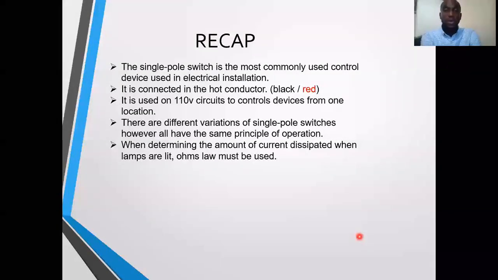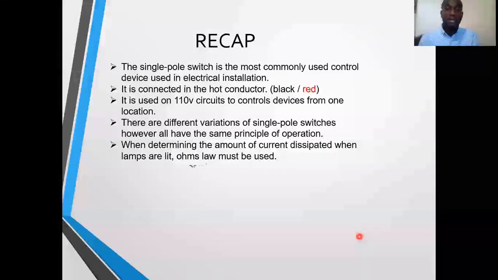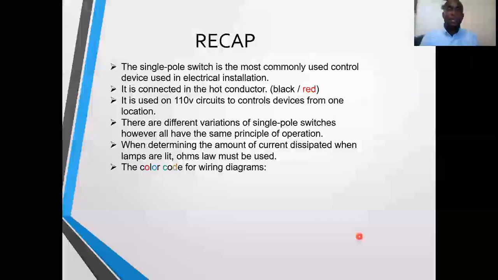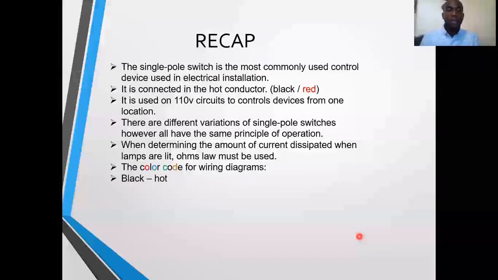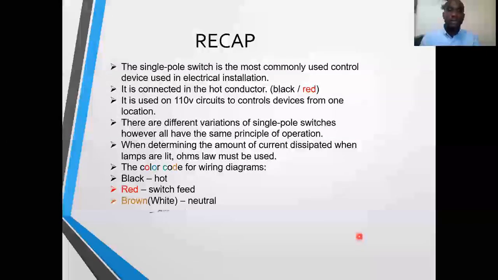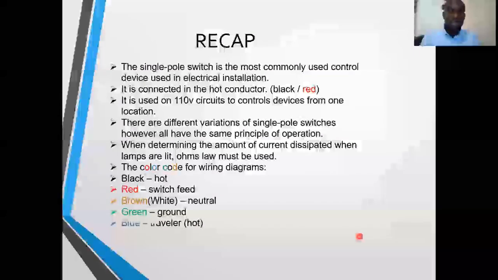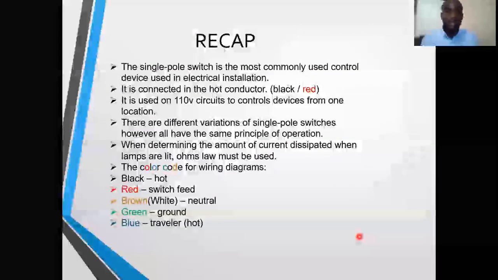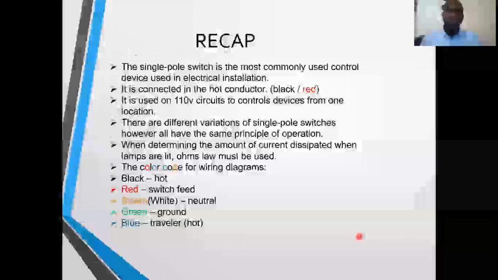When determining the amount of current dissipated when lamps are lit, Ohm's law must be used. So you must keep in mind the Ohm's law, power and voltage triangles. The color code for wiring diagrams are as follows. Black is for hot, red is for switch feed, white is for neutral, which is also brown, green is for ground, and though we did not